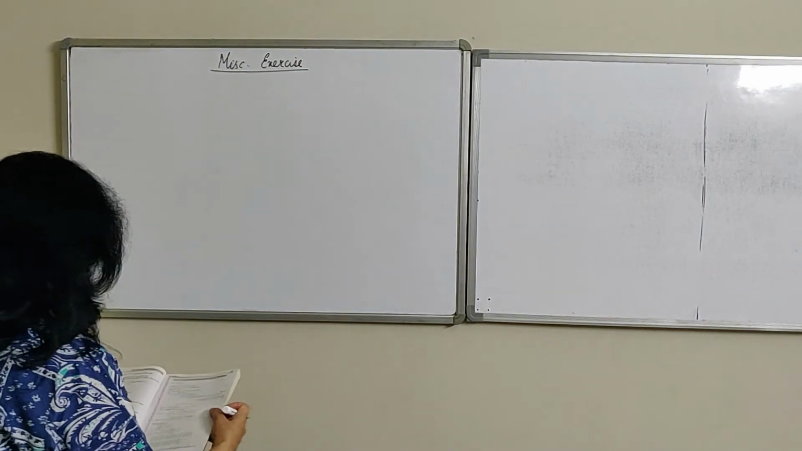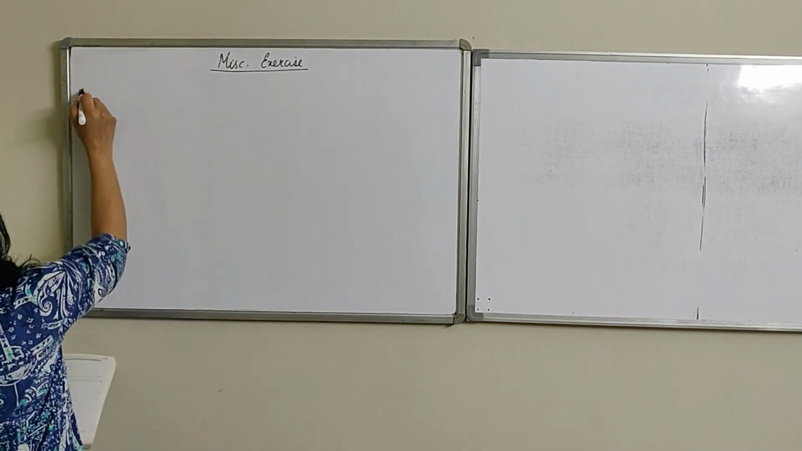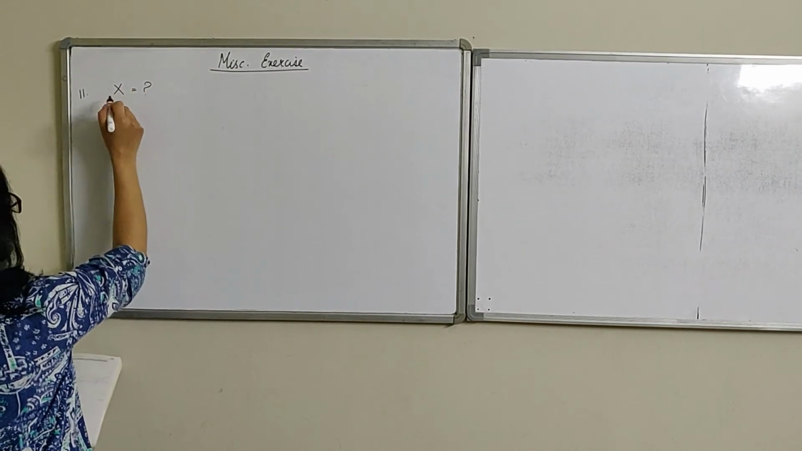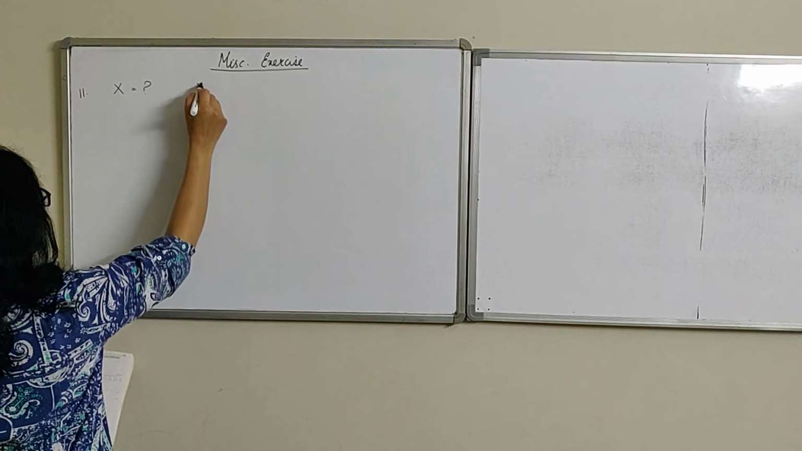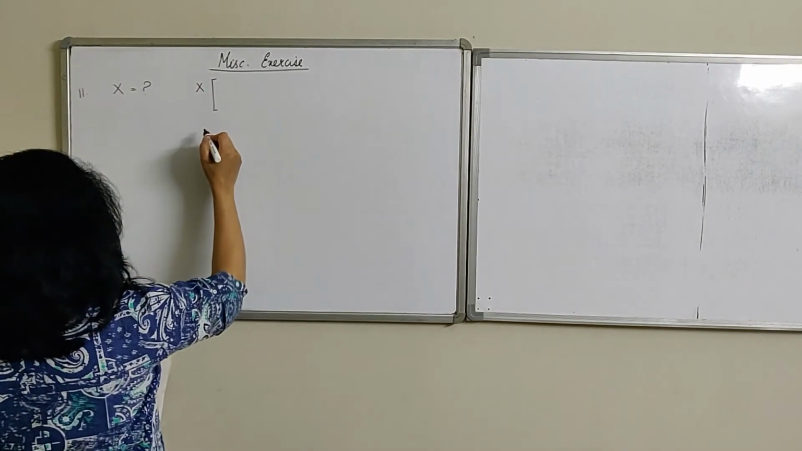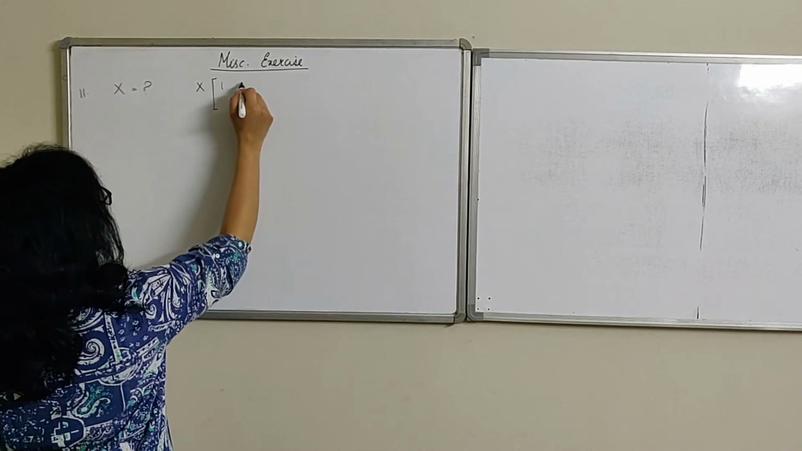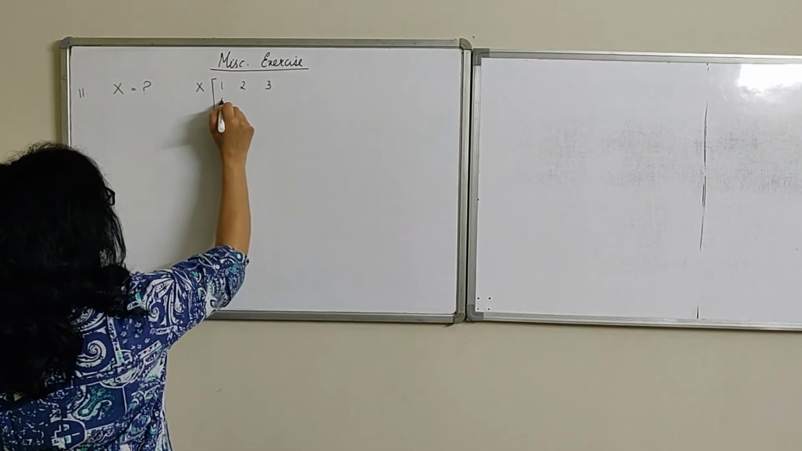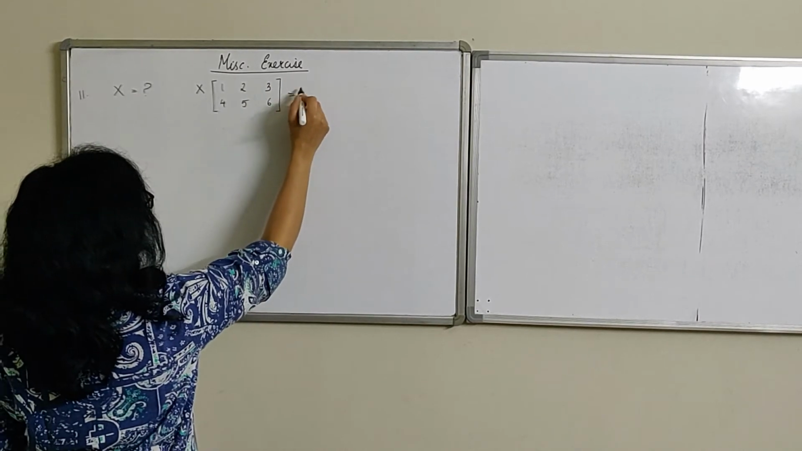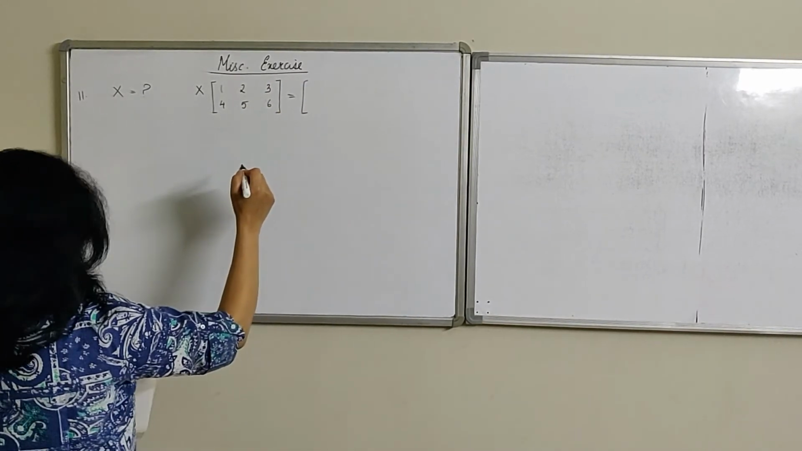So next is 11th question. Find out a matrix X. This is not a variable. A matrix X when this matrix equation is given. The matrix on the right hand side is